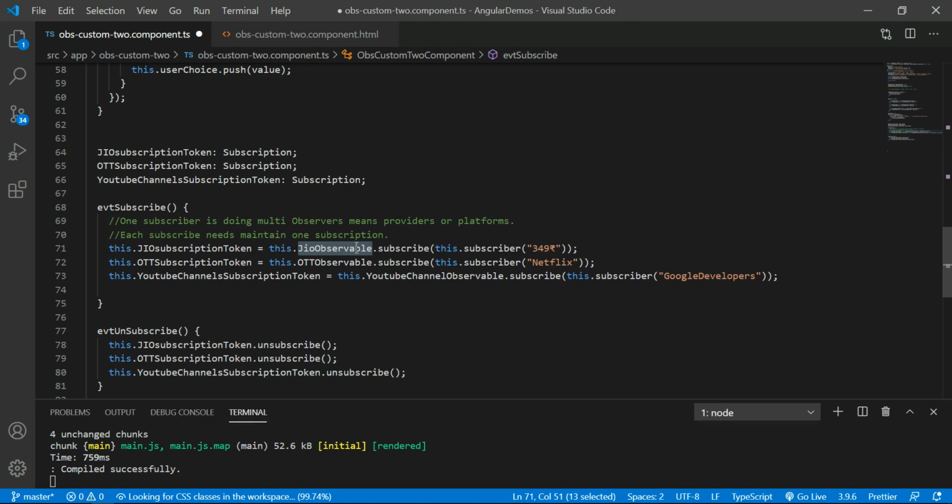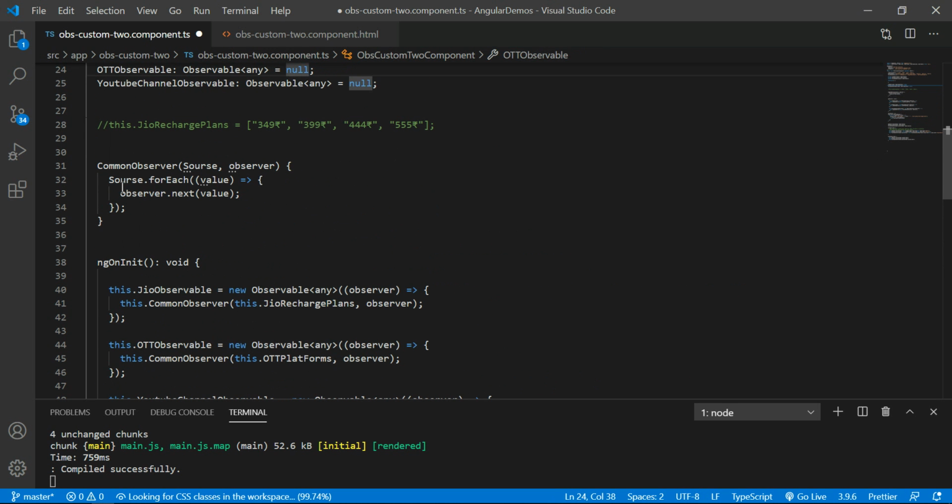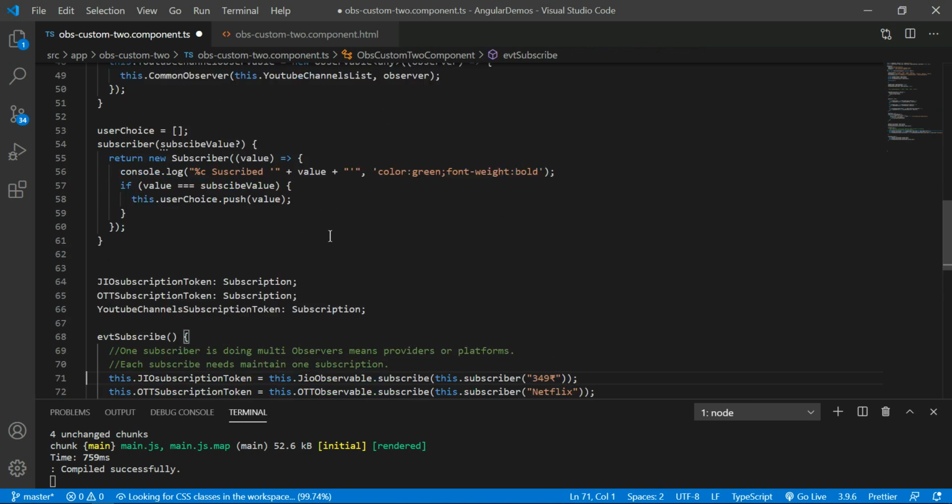The responsibility of the observable is to send the data to the subscriber through the observer. What is the responsibility of the observer? The main point to notice is that the observer sends the data to the subscriber once the subscriber subscribes to this channel.